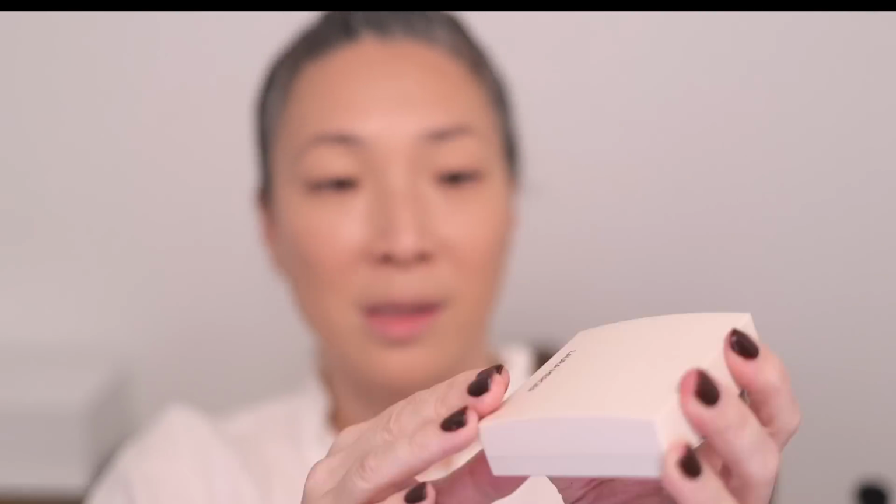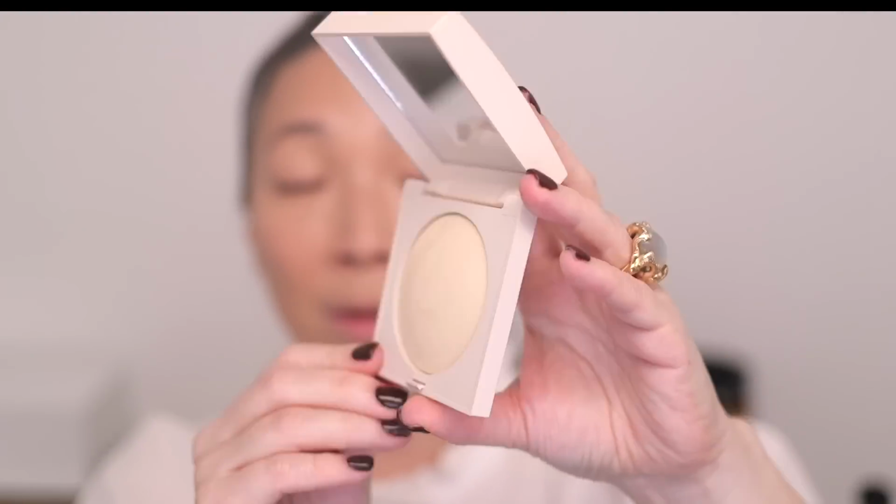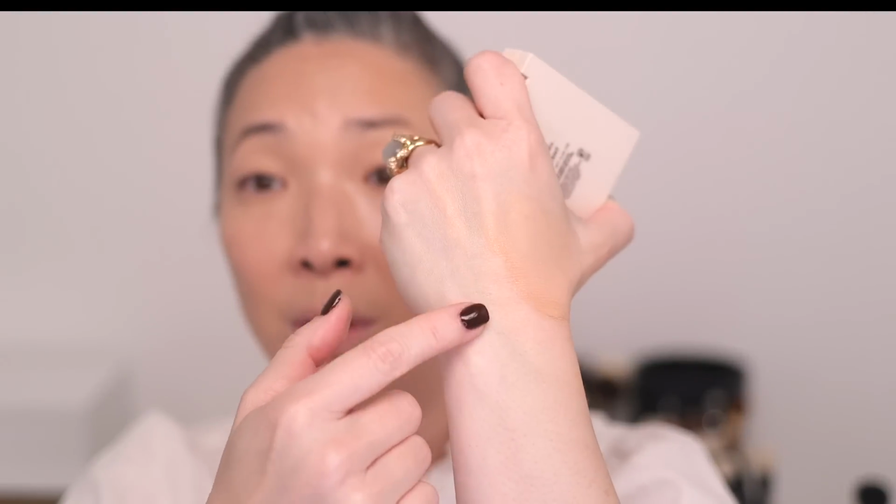So now for powder, I've got that new Laura Mercier pressed powder, the Real Flawless pressed powder. And this packaging is so pretty. It's like a frosted plastic. And here is the powder. I'm just swatching it. You're not gonna really see much. I'm just swatching it just to see if there's any coverage, but it is pretty true to its name,